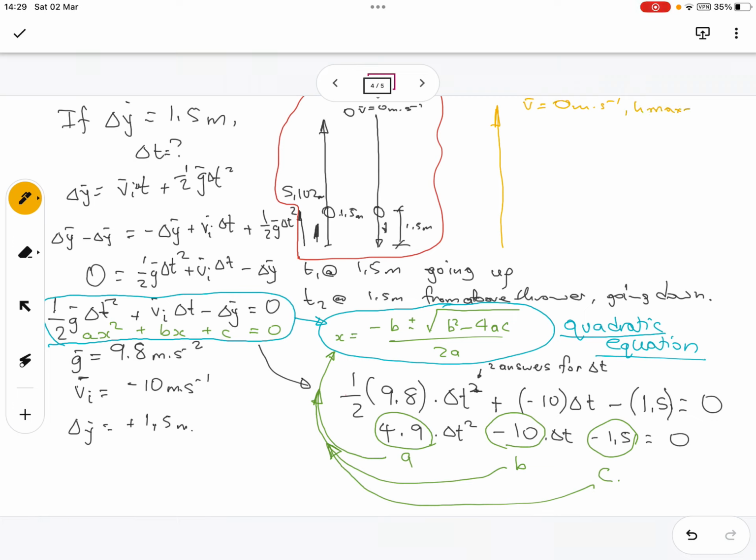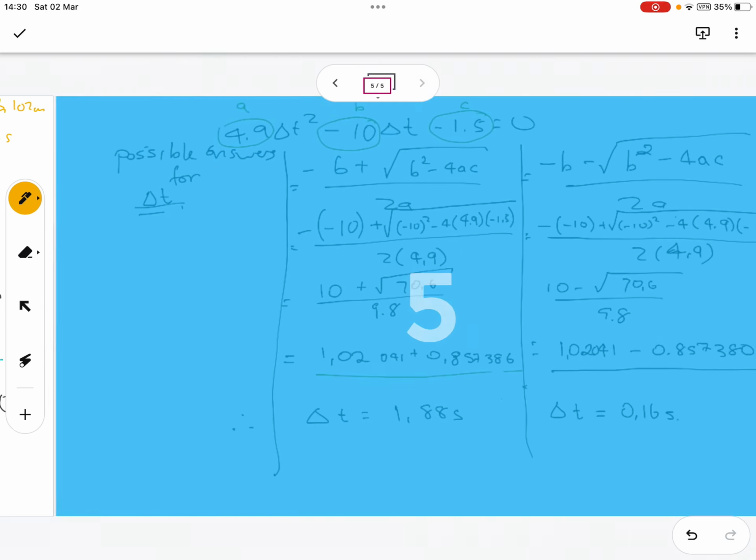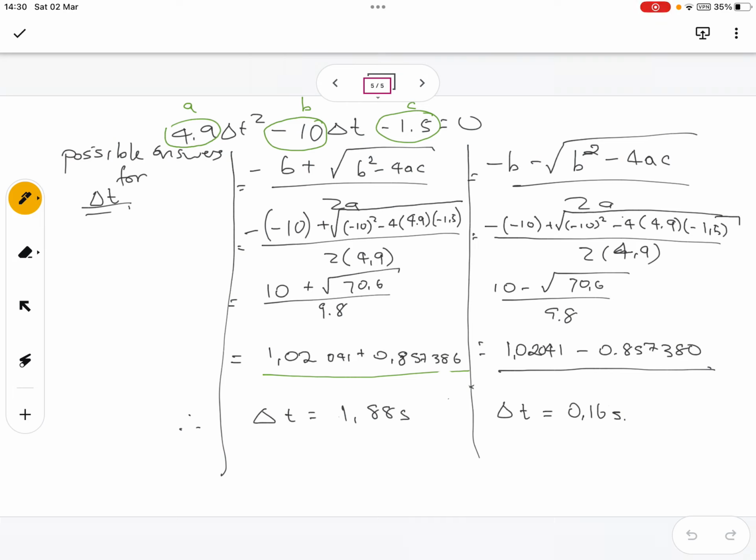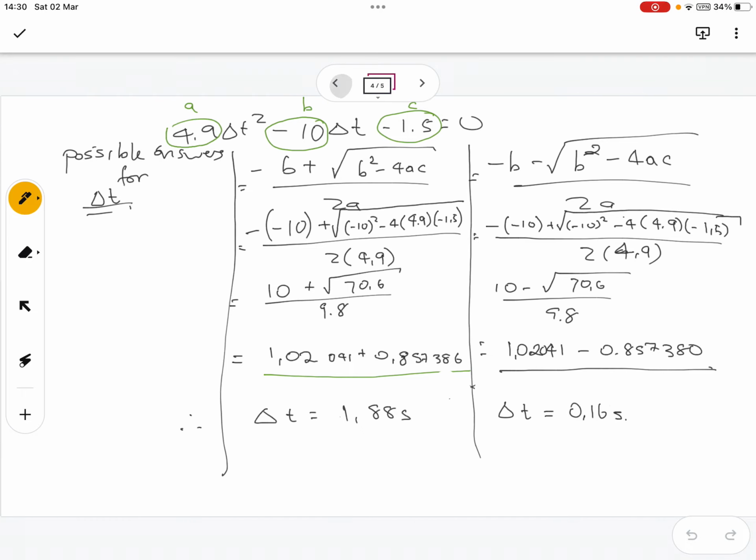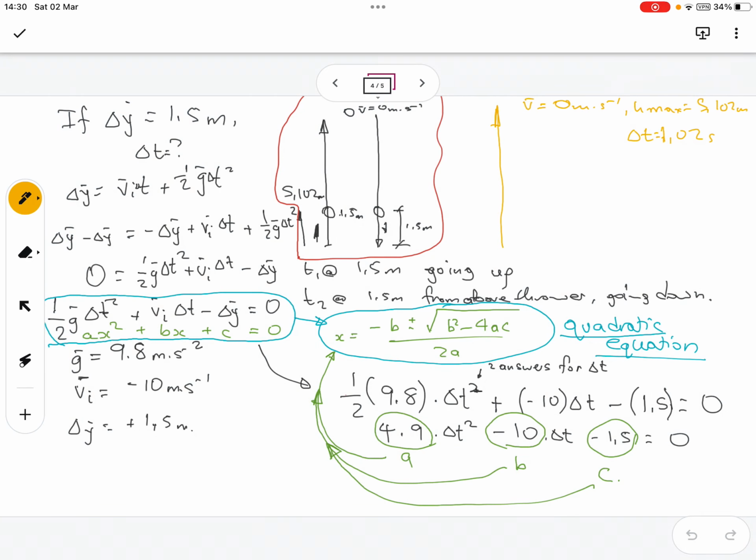Traveling up to wave velocity 0, to H max, which is 5.102 meters, it took about 1.02 seconds. Remember that. But now, if we subtract 0.8573 seconds from that time to travel to H max, if we subtract the 0.8, we're shaving off a little bit of time,